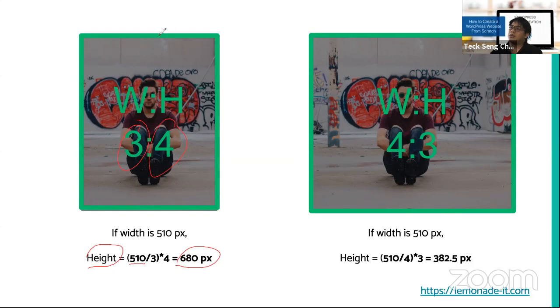So you know that for 3:4, this is 510 times 680 pixels. How do I get this 510? I'll go through that later, but you need to know that these are the resolutions you should work with for web design: 16:9, 1:1, 3:4, 4:3. Other than that, try not to go for different resolutions as much as possible.